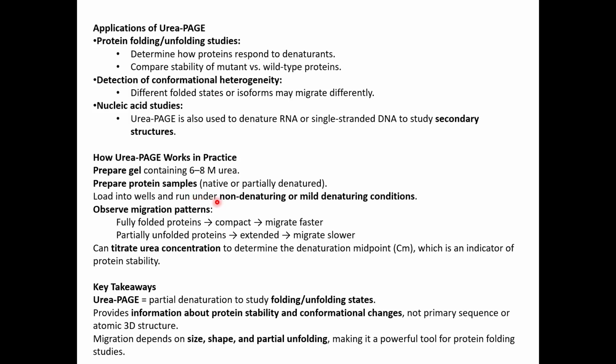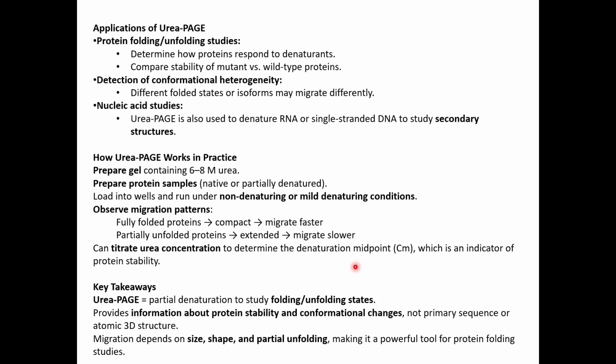Then load into the wells and run under non-denaturing conditions or mild denaturing conditions. So then we observe the migration patterns: first fully folded, then compact, which are compact, migrate faster. Partially unfolded gets extended, so they migrate slower. Then we can also titrate the urea concentration to determine the denaturation midpoint, which is CM, which is an indicator